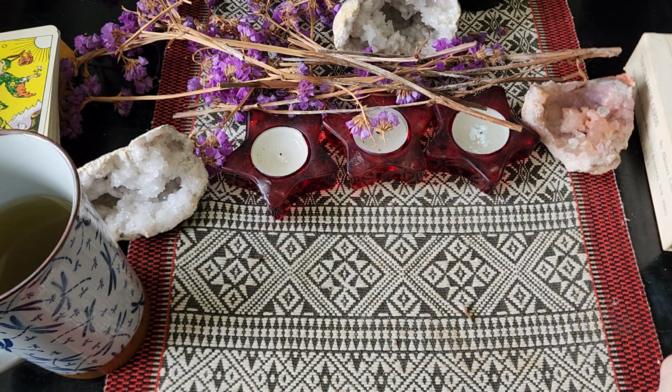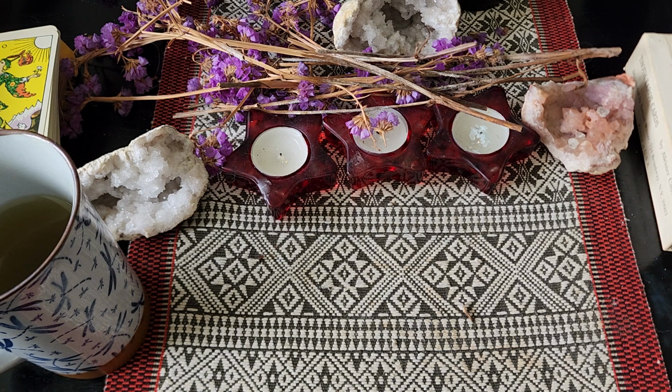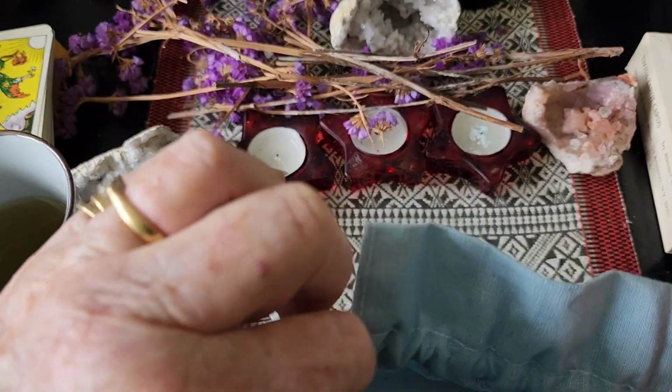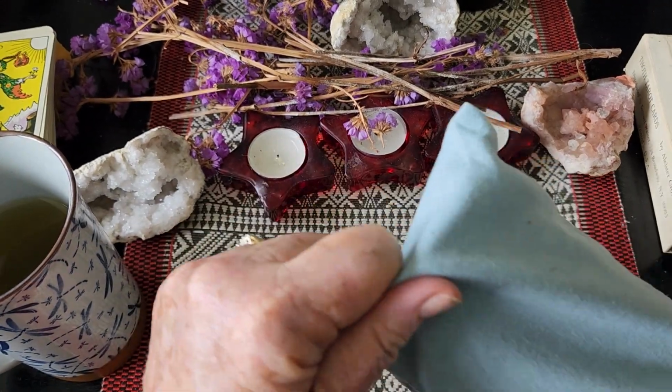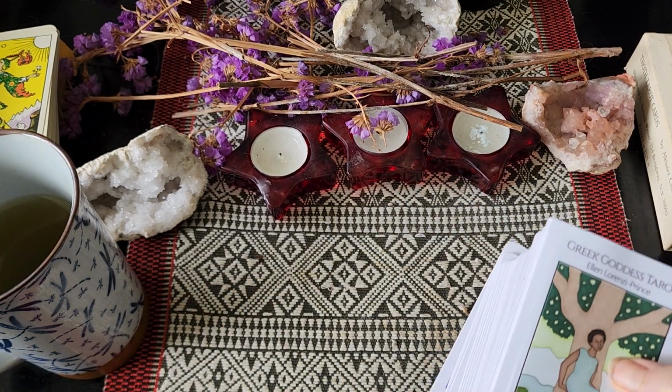So next prompt, my newest deck. I've had a few, couldn't work out which one was the newest. Oh, that's right, it was this one, and I've got a dedicated video to this deck. This is the Greek Goddess deck by